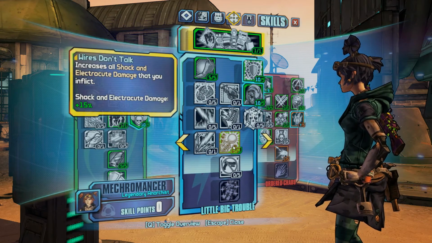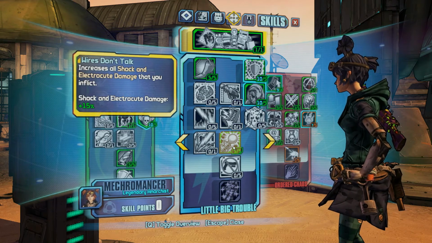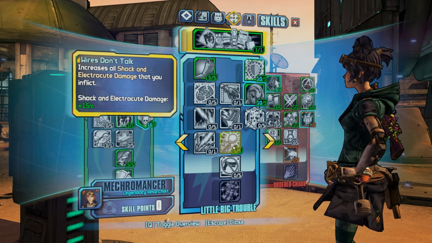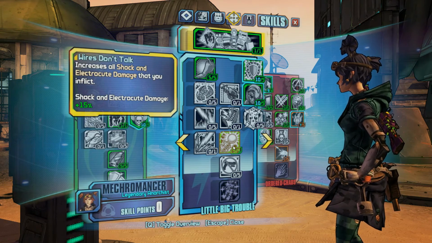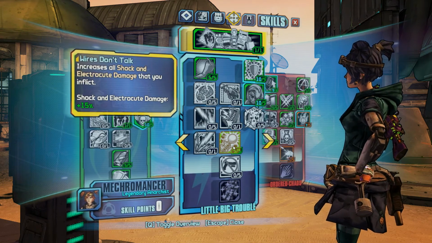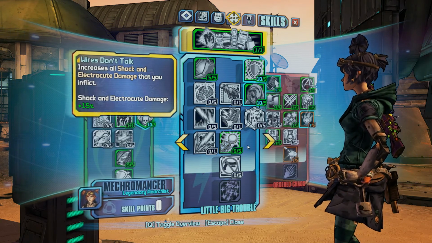get down to this skill, which is multiplicative with Anarchy, which is awesome. It is an excellent skill, especially if you're like me and you use the Twister a lot. This really is an awesome skill to pick up. Let's